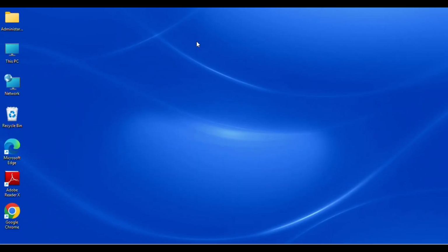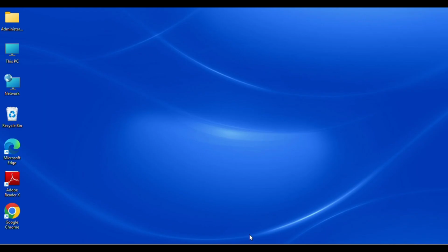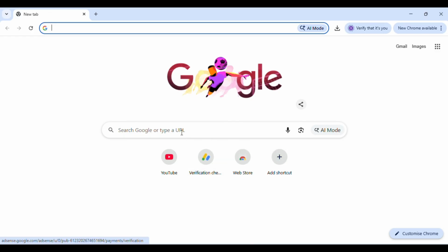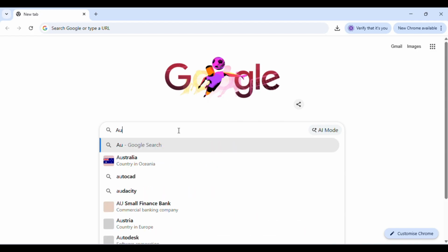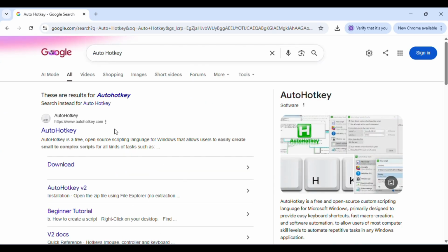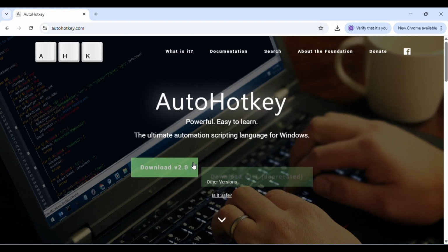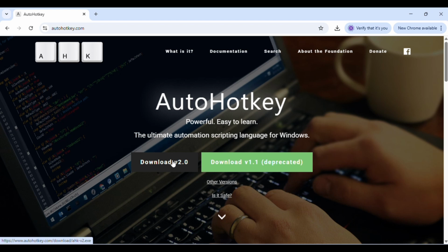Now there is one issue you can see. By default, the Android TV emulator does not always display properly in full screen mode. So to solve this problem, we will use AutoHotkey. So for that, once again open your browser and this time you need to search for AutoHotkey and open its official website, and here you need to click on download and again click on download version 2.0